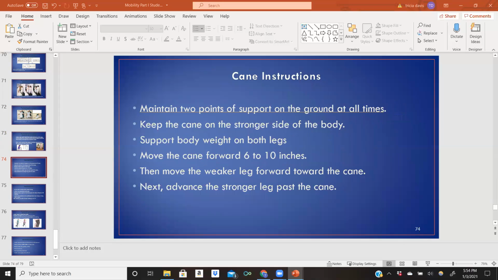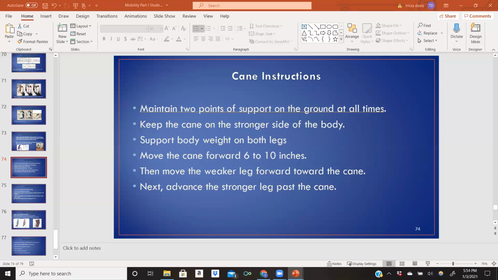All right, so cane instructions. If you are teaching a patient to use a cane, you're going to maintain 2 points of support on the ground at all times. You want to make sure that your cane is positioned on the stronger side of the body. So if your patient is using a cane to ambulate who just had a left hip fracture, you're going to put that cane on the right side of the body. You're going to support the body weight on both legs,